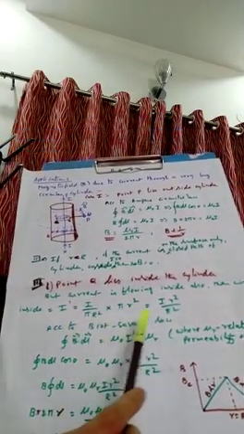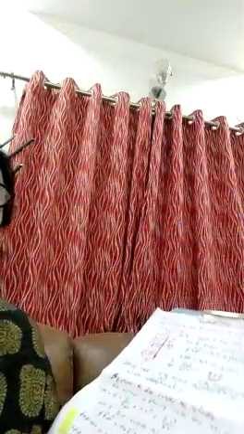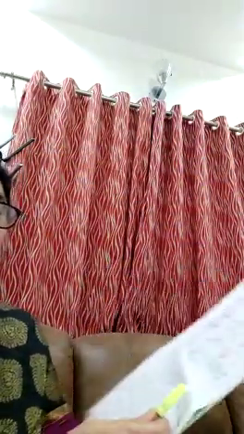Now according to the Ampere circuital law, what is Ampere circuital law? It is nothing but the line integral of magnetic field is given by mu naught times the current threading the conductor. Here the current threading the conductor is I dash. So we know how to find out the value of I dash. We have converted it in terms of I here.